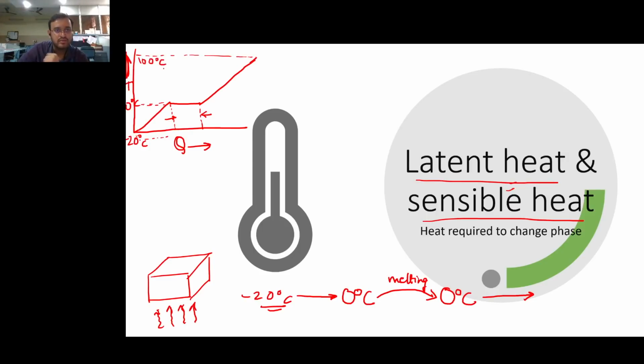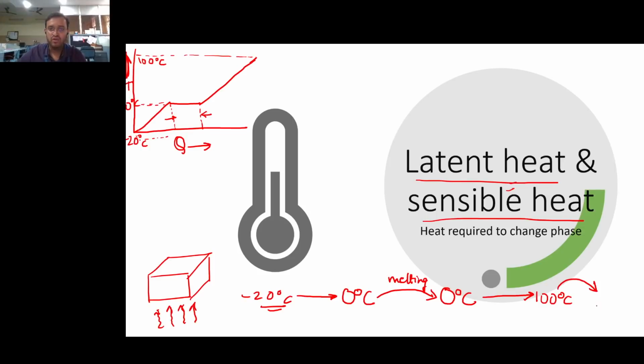100 degrees. Now, what happens at 100 degrees? So now we have water at 100 degrees Celsius. What happens at 100 degrees to water? It starts boiling. The water again starts changing its phase from water, that is liquid form, to steam, that is